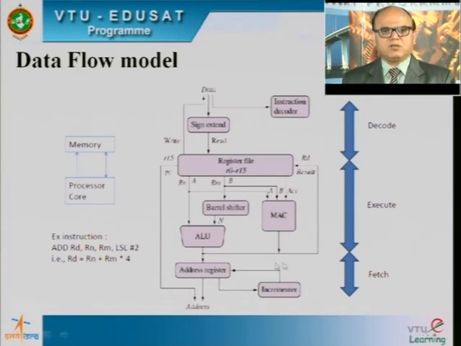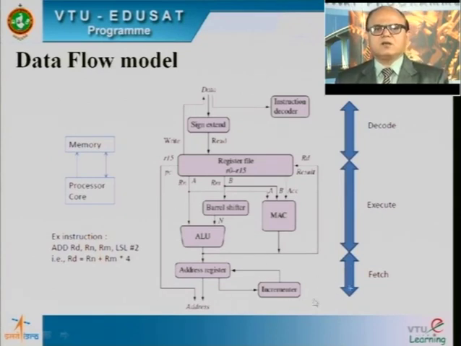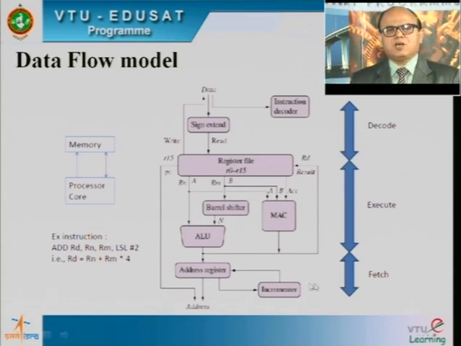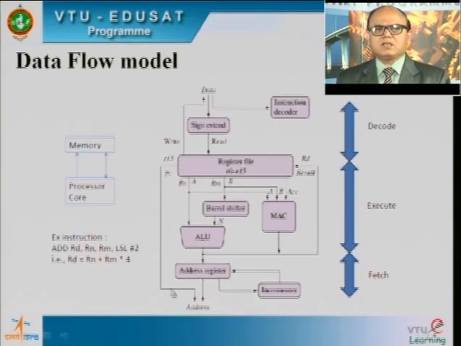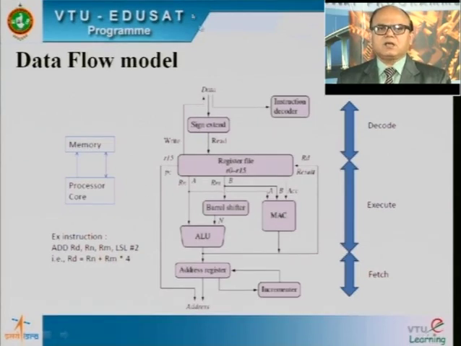So I call this circuit responsible for fetching the instruction into the processor core for the purpose of instruction decoding, and whatever operand is necessary, again the address is forwarded and the data is